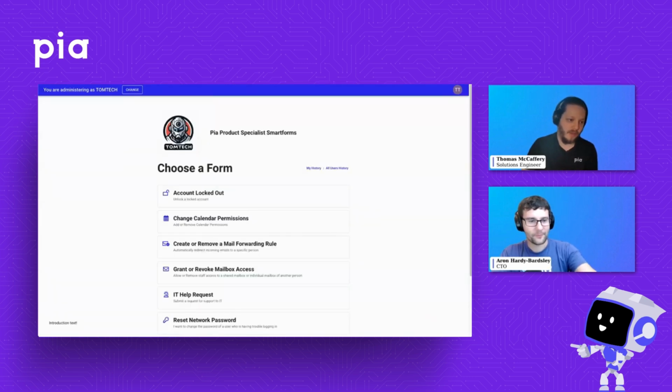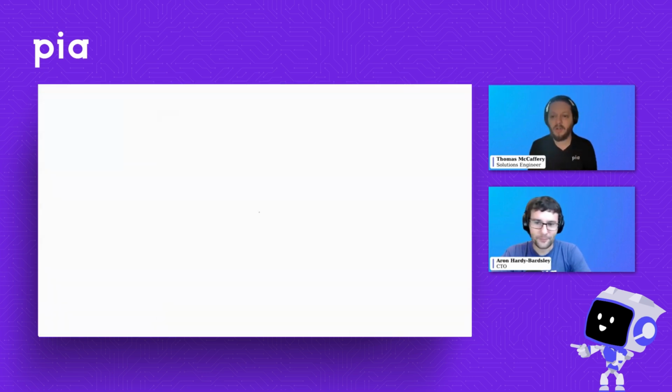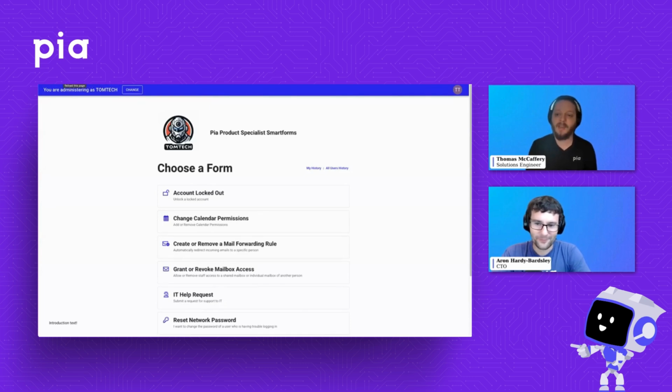So I have my portal up here for my pretend MSP called, my pretend client called TomTech. Very creative, I know. And this is essentially what they're going to see. Now, everything you see here is configurable. So the coloring, the logo, the wording, everything like this, I can change. We'll take a look at the branding options there in a little bit, but you can essentially configure this to be very familiar, very similar kind of expectation and landing area for the client. So they see that, they see your logo, they see your colors, they feel the warm and fuzzies, they feel safe, they're going to obviously do what they need to do.